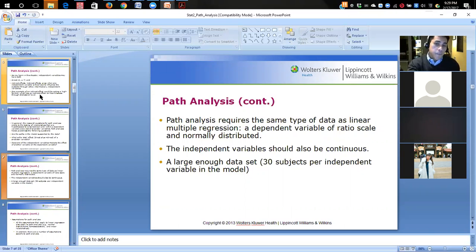If you have 4 independent variables, you multiply that by 30 subjects per independent variable, you need at least 120 subjects to test that